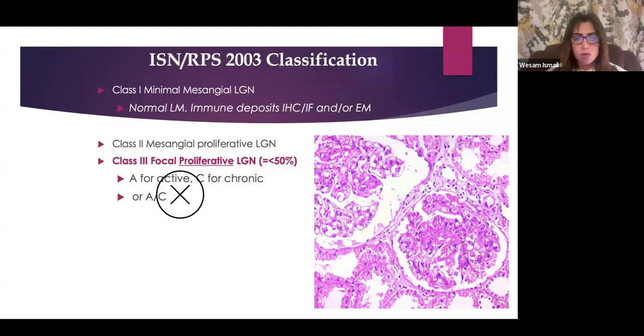letter A for active and C for chronic and AC for active and chronic, and stop scoring and stop writing figures. They said no, they still wanted the score, and that these letters don't really mean anything or aren't significant for them. And eventually in the subsequent literature and in all the studies which have done validation for this classification, these